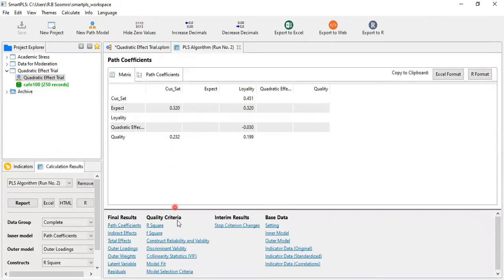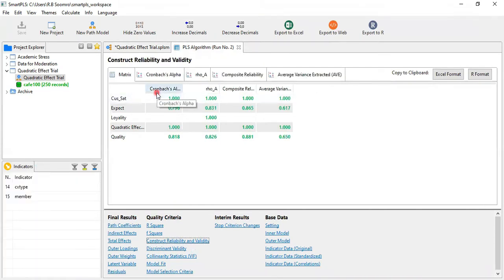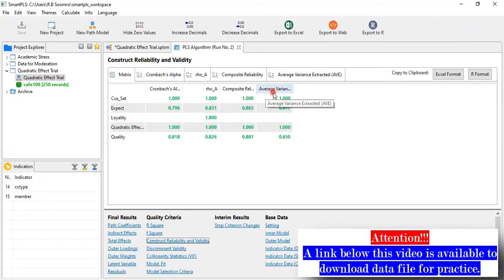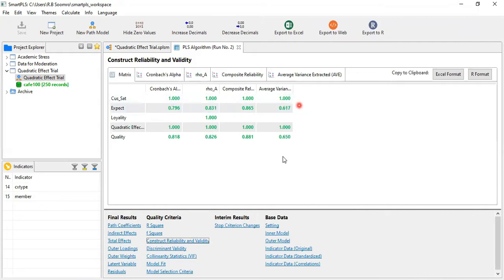First of all, we have to see the measurement model. It measures the model against different benchmarks and criteria, like Cronbach's alpha, composite reliability, and the AVE, average variance extracted. All are in green color. The beauty of this software is that if there is any violation of any benchmark, it will be shown to you in red. Thank God there is nothing in red color, all are in green. That's a good thing, our measurement model is completely free from all types of errors.